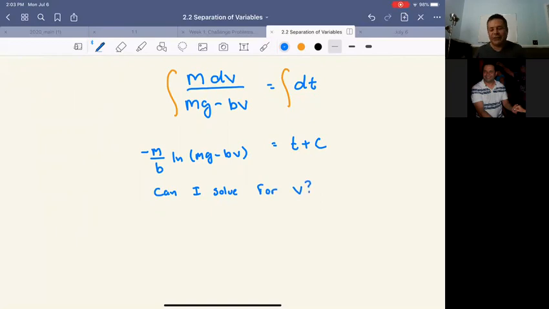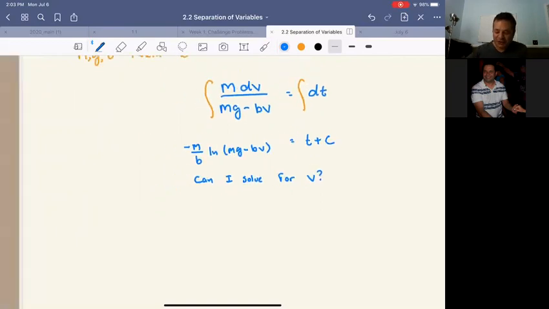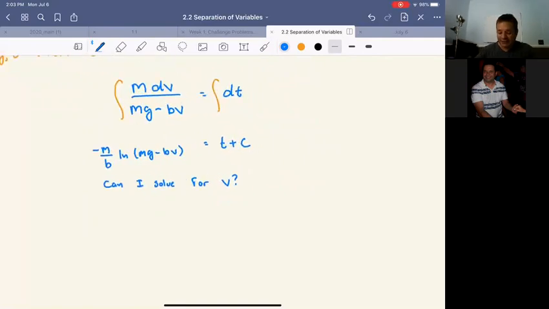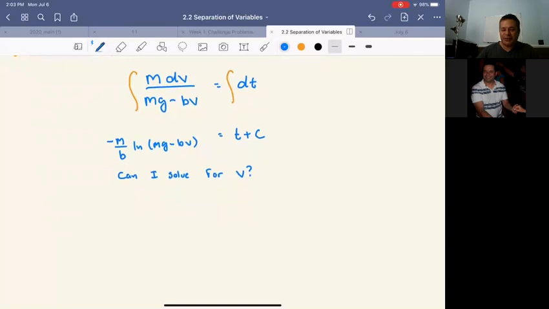Now when you ask yourself that question, assume that you are good at algebra. I'm assuming you are, and you should make that assumption too. So we make the effort. Don't just give up on it and say, oh, I can't solve for v because I'm stupid. No, we don't do that here. All right, so